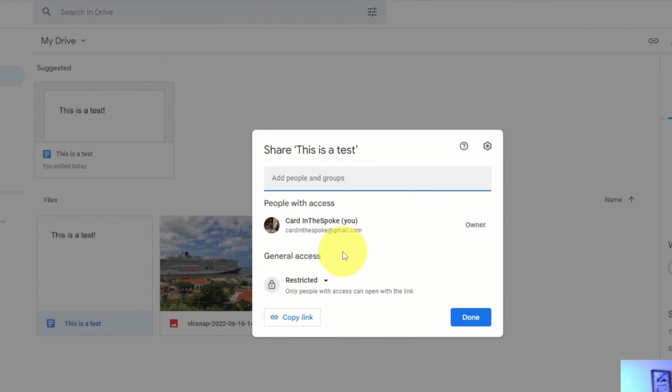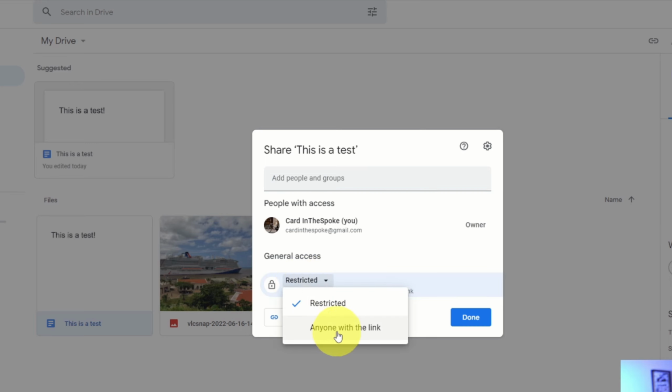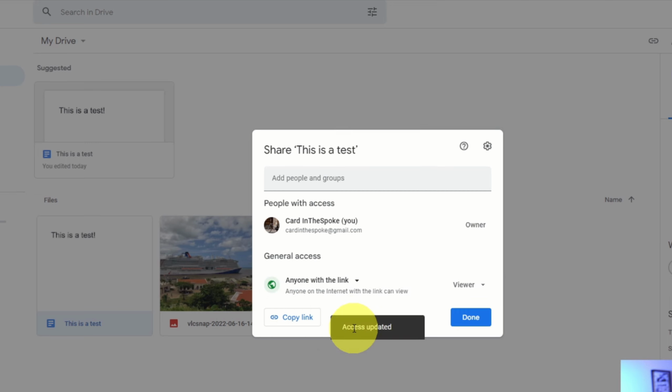And you can share this with people in a couple different ways. The first would be to type in their email address here. And the second would be to give someone a link. So let's start out with the link. Right here it says restricted. If we left click on that, it says anyone with the link. So we can left click on anyone with the link. And it's going to allow us to copy a link right here. So if we left click on copy a link, it's going to copy that to our clipboard